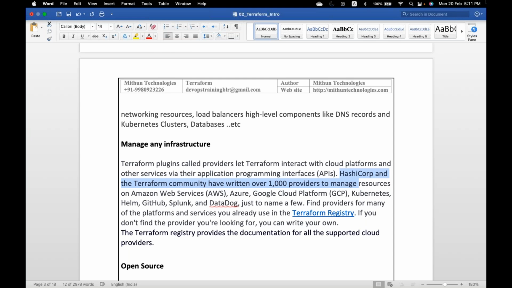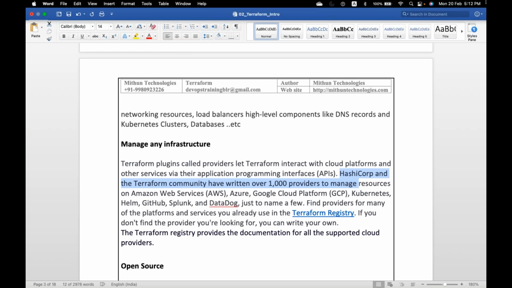With a Kubernetes provider, you can manage Kubernetes resources in your Kubernetes cluster, or you can manage GitHub resources using the GitHub provider. You can manage resources on any platform or any service provider using the providers concept.